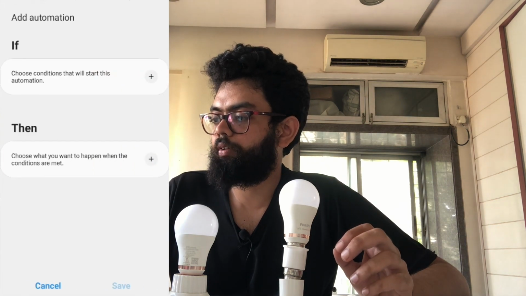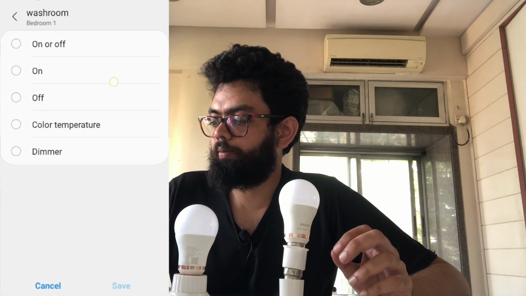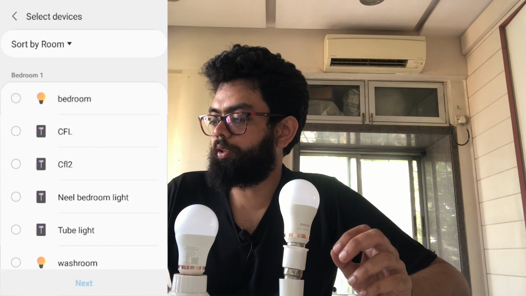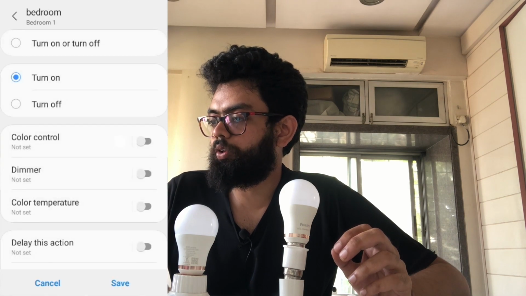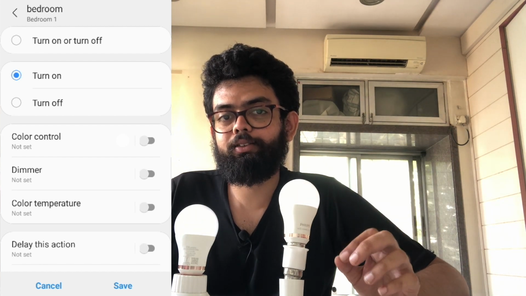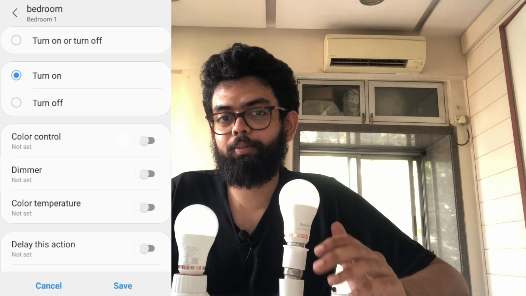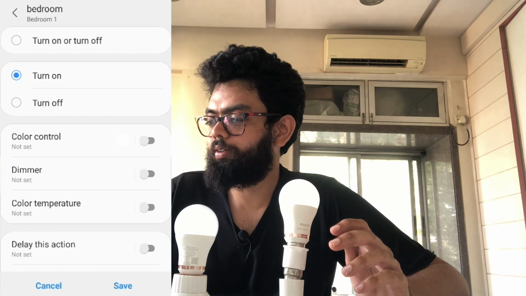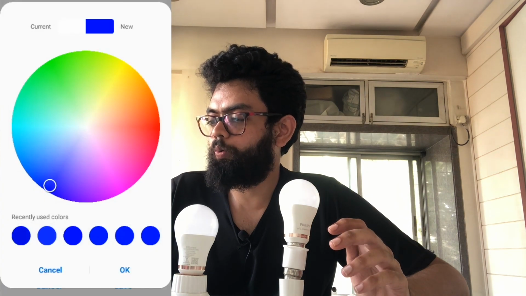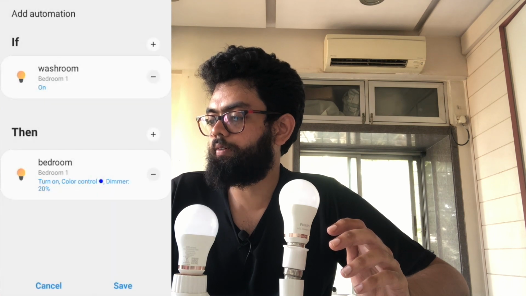Now we'll create one more automation in which if device status my washroom light is on, I want my bedroom light to switch off. So guys, let's do one thing. We'll set a specific color and a brightness. So whenever the washroom light is on, the bedroom light will change the color and the brightness. So click on color control, blue, dimmer, 20%. Done. Save.